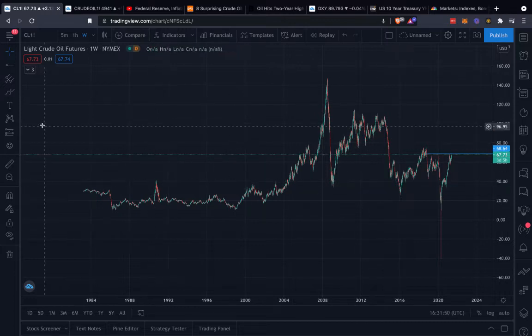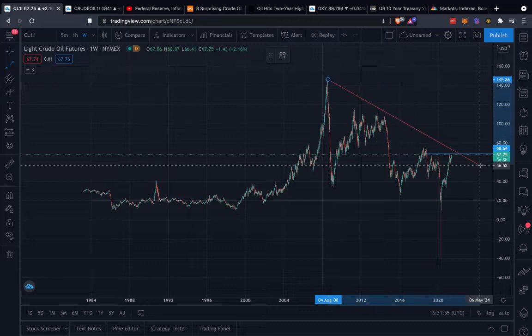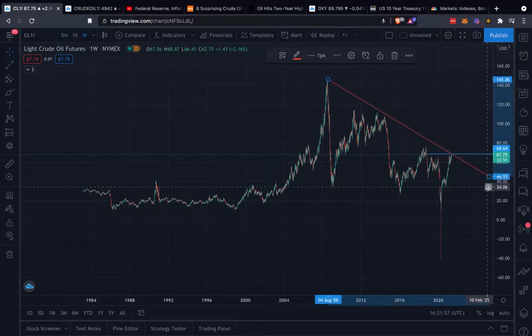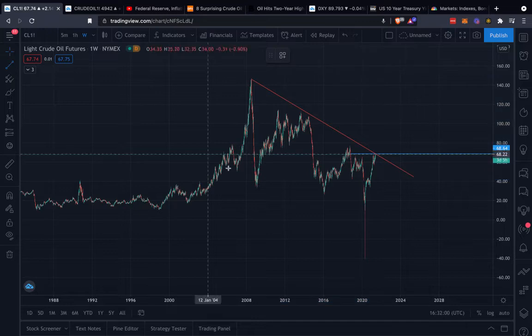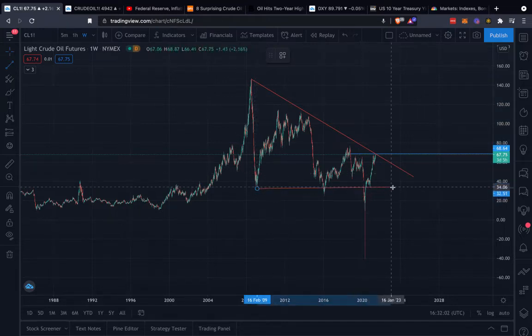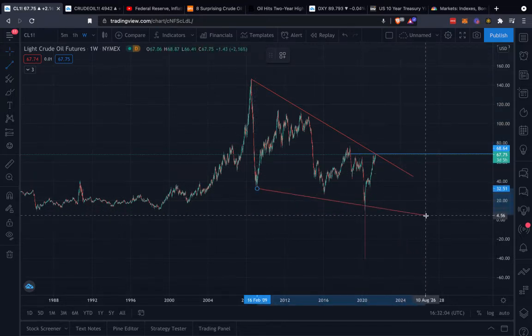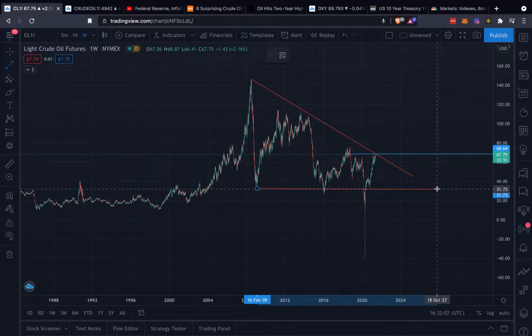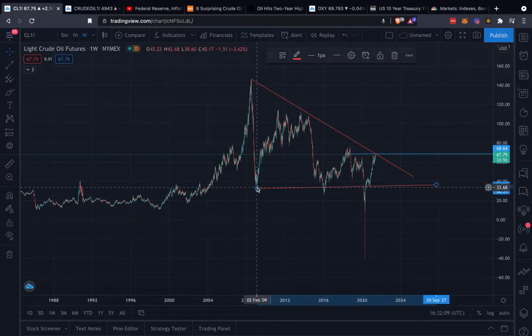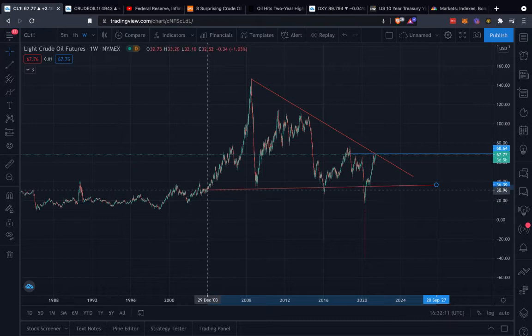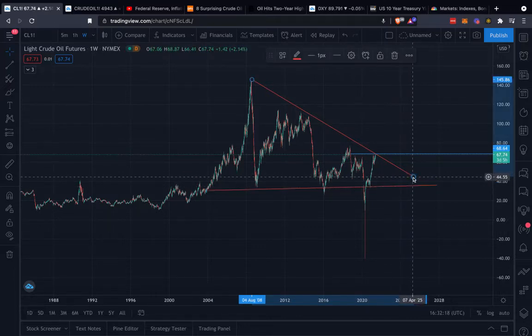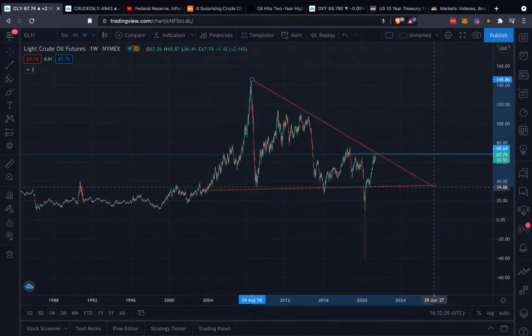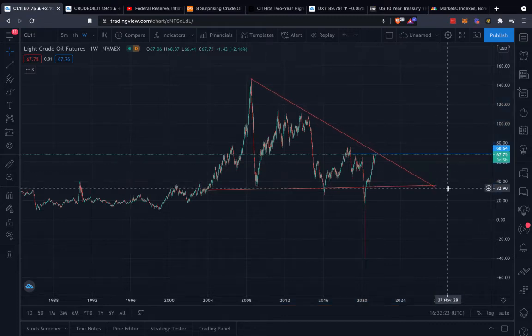But you can see the overall structure of this is truly a descending triangle, right? This macro pattern is this descending triangle that's really going on. You could draw this multiple ways, obviously, but you could do this if you wanted to. You could shoot this guy there and move it down a little bit. Always keep in mind that these are always a range, never an exact point. So I would do something like that and then draw this line out right about there.